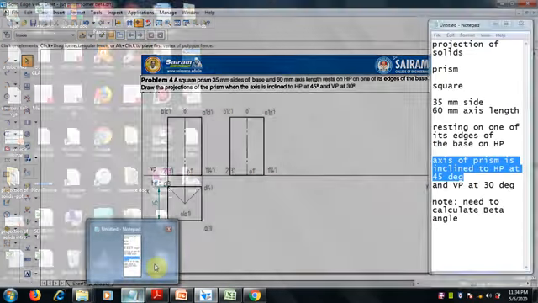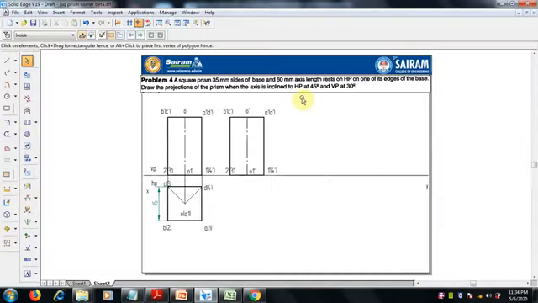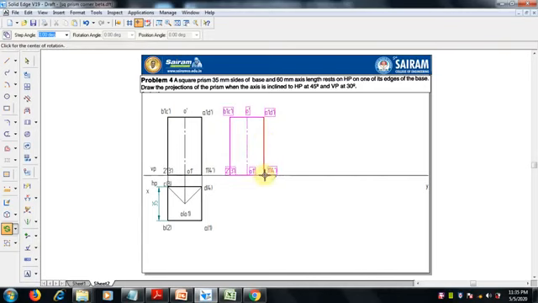Next, it is to be rotated for the HP by 45 degrees. This is the prism axis and this is parallel, so we can rotate and keep it on this edge, edge 14. There we have to rotate and keep it. So select rotate, select this and rotate on this edge. This is the center point of rotation.